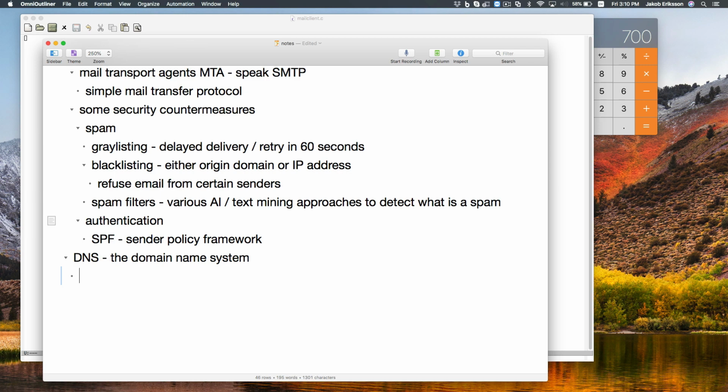So to make it a little bit more user-friendly, there's all sorts of services, and one of them is this domain name system, which, without it, it probably would be very difficult to use the internet. You probably have noticed that,